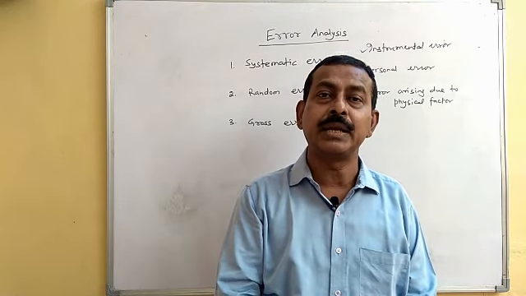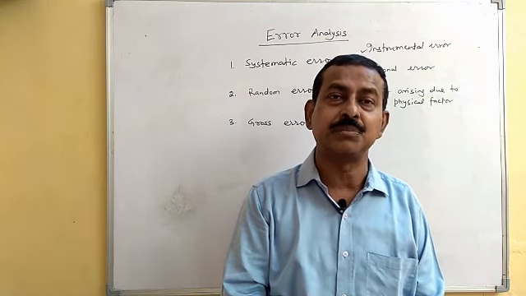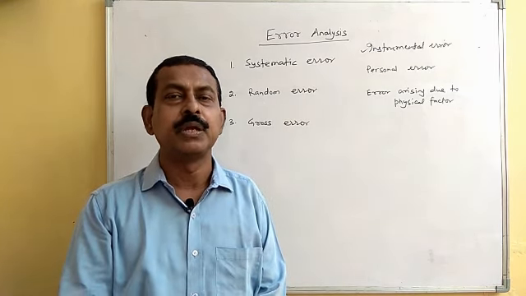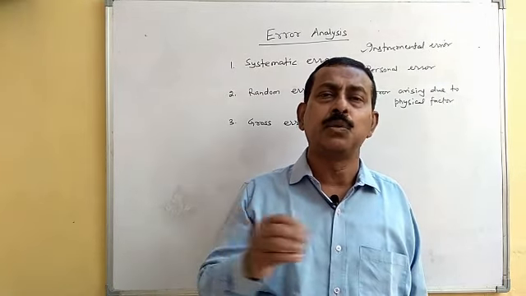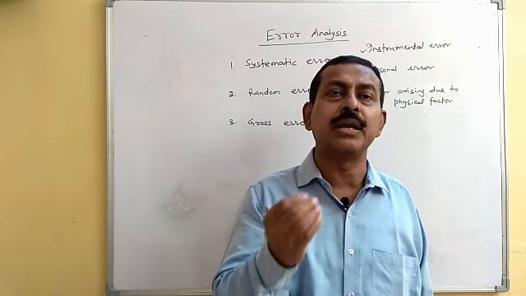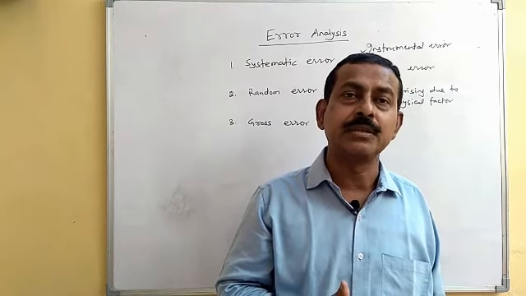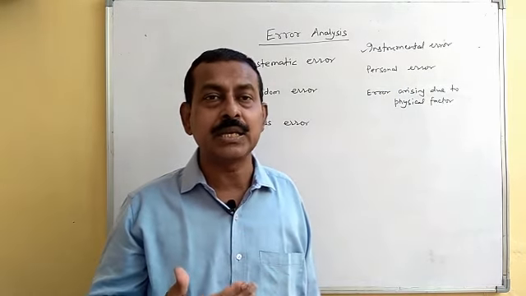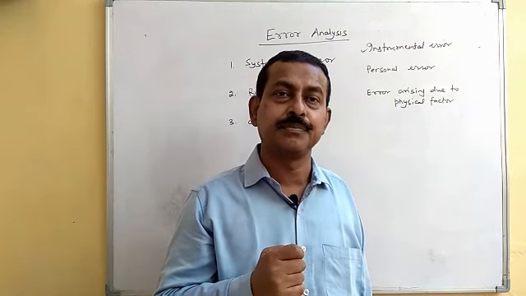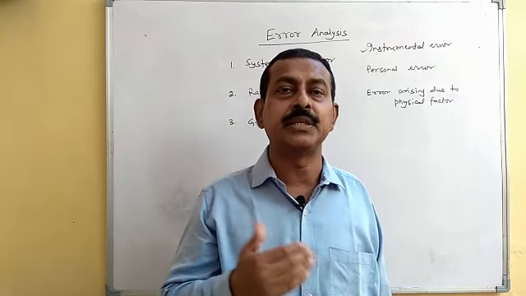So there will be an error there, because what you will measure as 100 centimeter, actually it will be of length 101 centimeter. Similarly, it is possible that we may have those 100 centimeter marks spread over a length of only 99 centimeter. So then also there is error. What you will record or measure as 100 centimeter will basically be 99 centimeter. So this is the error arising due to imperfection in the measuring instrument.